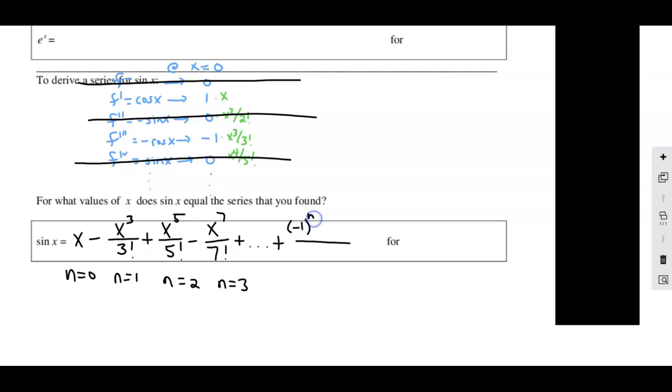Negative 1, and let's check. You're either going to start it with n or n plus 1, based on whether we need the first one to be positive or negative. The first one is n equals 0, and I need that first one to be positive, so that's good, right? If you needed the term to start negative, then you could do something like n plus 1. But this is fine. Negative 1 to the n is going to take care of the alternatingness of it. And then I'm going to have,